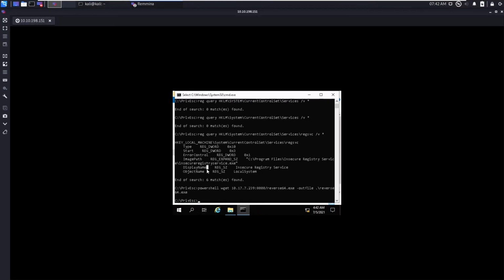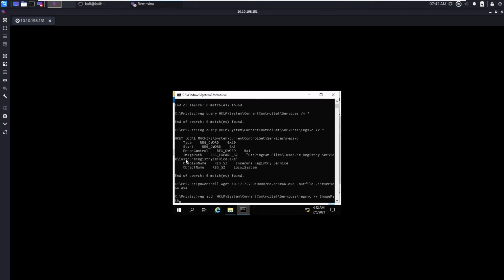So now we are going to modify the value of this image path to our reverse64.exe. To modify, you can use the reg add command. So let me copy this. The value is going to be this image path. There is no command like reg modify, there is only the reg add command.